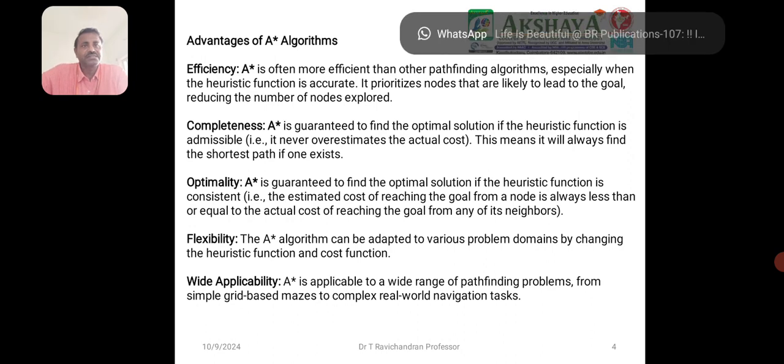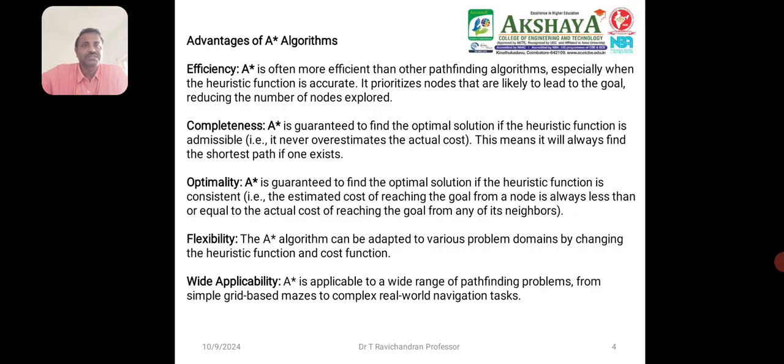Optimality: the A-star algorithm is guaranteed to find the optimal solution if the heuristic function is consistent. It estimates the cost of reaching the goal from a node to be always less than or equal to the cost of reaching the goal from its neighbors. Flexibility: the A-star algorithm can be adapted to various problem domains by changing the heuristic function and cost function. Wide applicability: it is applicable to a wide range of pathfinding problems, from simple grid-based maps to complex real-world